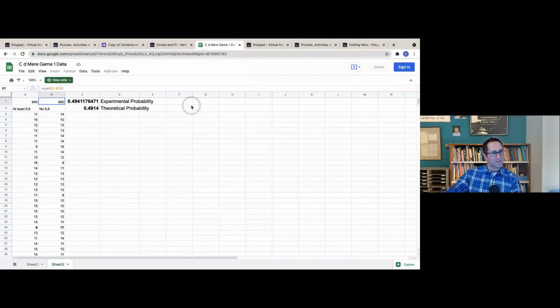And that's what actually started a lot of the probability conversations between him and Fermat and Pascal. He was losing money. He wasn't sure why. And so that kind of laid the groundwork for a lot of the thinking that we do in probability to calculate what the actual theoretical probability of this event is.